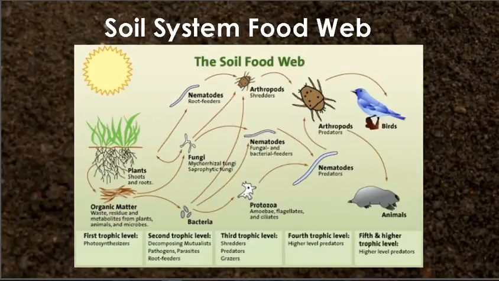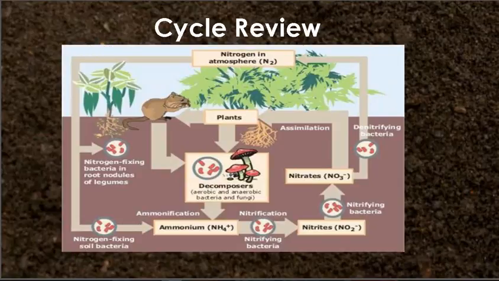All of them are connected to each other, related to each other, mapped to each other under the sun. All of these are interconnected, interrelated. It also talks about first trophic level, second trophic level, third trophic level, fourth trophic level, fifth and higher trophic level. Okay, cyclic review. Nitrogen atmosphere,